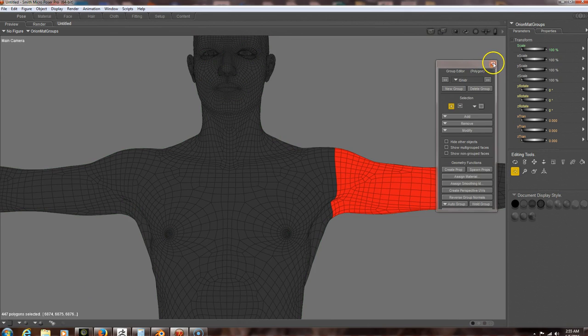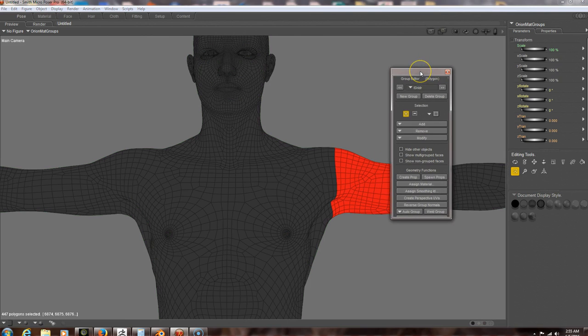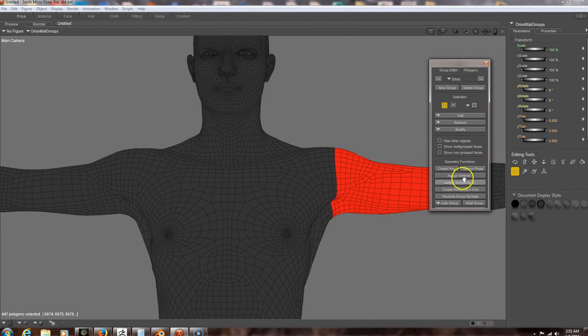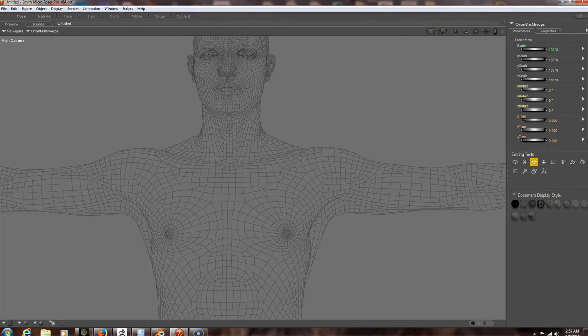Okay, so I think that's about all I wanted to say about the grouping tool. And you don't have to spawn groups and all that stuff like you used to have to do. I'm not sure if you ever really had to do that, but prior to Poser 10, you might have had to. I didn't build figures for anything older than 7, so I'm not sure. But these days, you don't have to spawn props and all that. Once you've grouped your figure, you can just close the grouping tool, go back to your regular display,